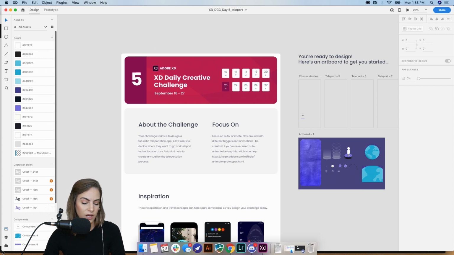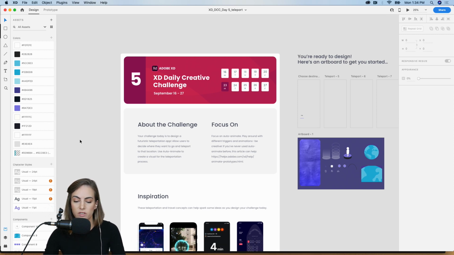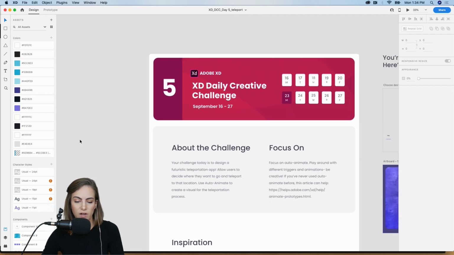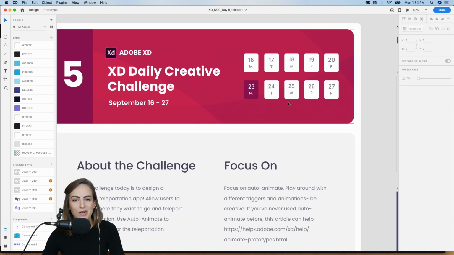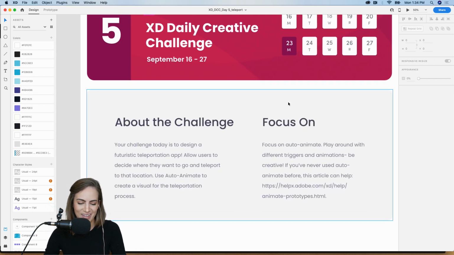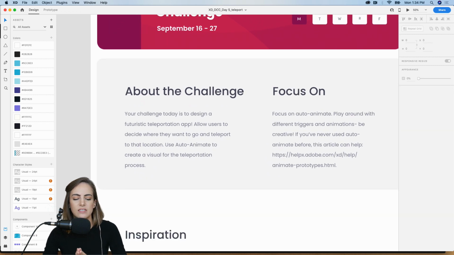But I've already got the XD resource file that I provided you guys in that link pulled up here. So we are on Monday. We've already got a lot under our belt, so keep going, guys. We're almost there. So like I mentioned, today we're going to be doing a teleportation app. So I really want you to kind of go wild with Auto-Animate.